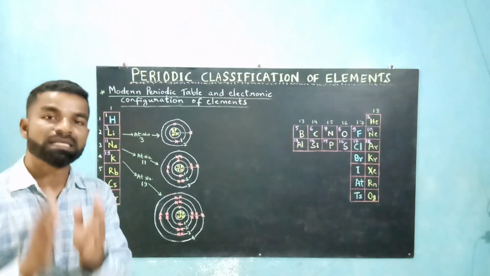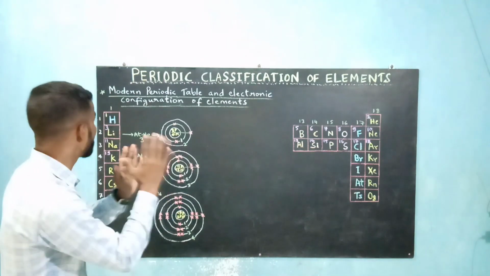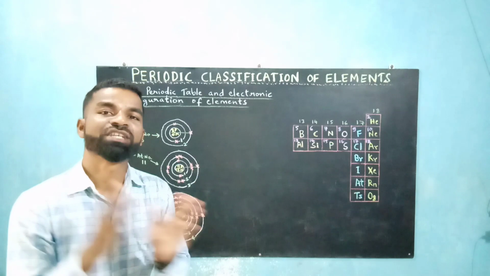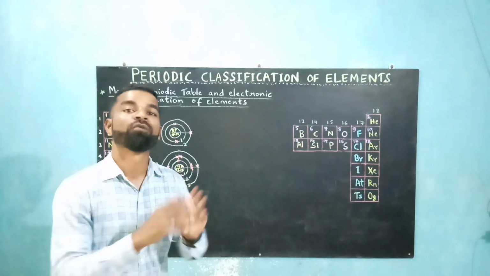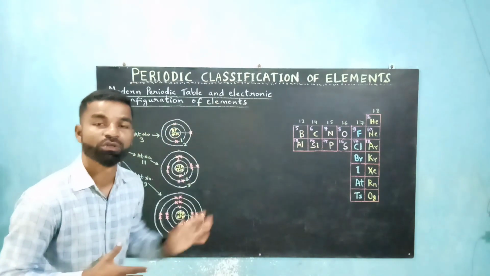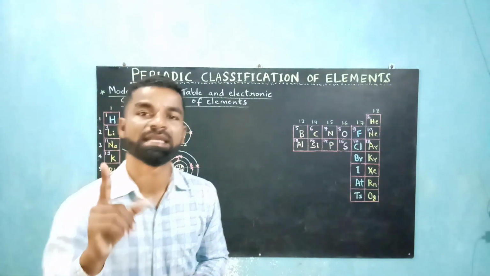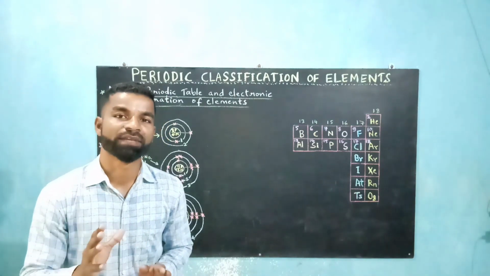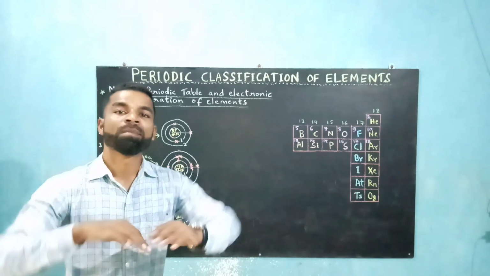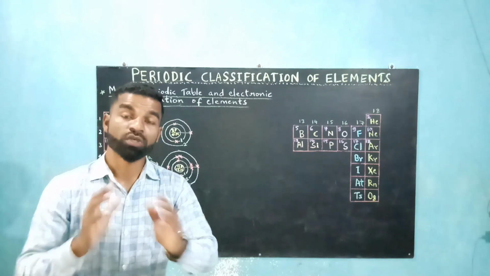They have 1 valence electron and they are very reactive as compared to the elements in the other groups. They have valency 1 and they can easily bond with another element by sharing or donating that electron to form a stable electronic configuration. As well, the elements of group 17, the halogen family, have 7 valence electrons, and they need only 1 electron to form a stable electronic configuration. So they can either accept 1 electron or form a covalent bond with another element to form a stable electronic configuration.